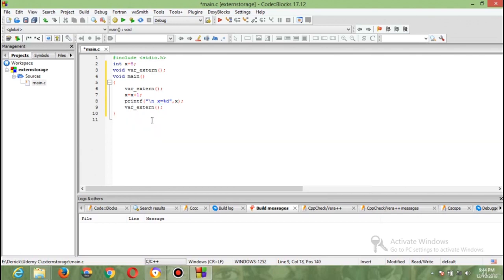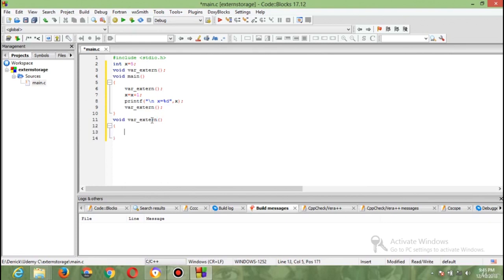Always remember to call your semicolon to terminate the statement, or else you will have difficulty running the program. So void var_extend,